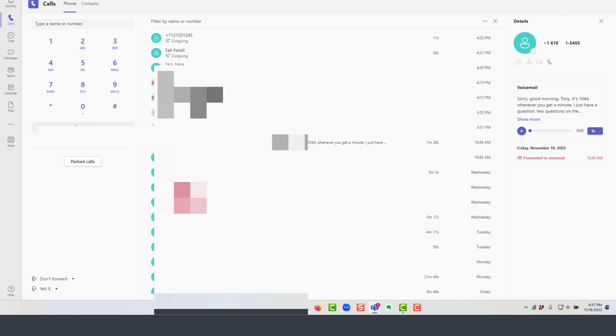In this module of the Microsoft Teams tutorial, I'll demonstrate how to listen and also view the transcript of voicemails in Microsoft Teams. So in the case where the phone system has been integrated into Microsoft Teams and you missed the call, you can simply go to that missed call, and then on the right-hand side, you'll be able to